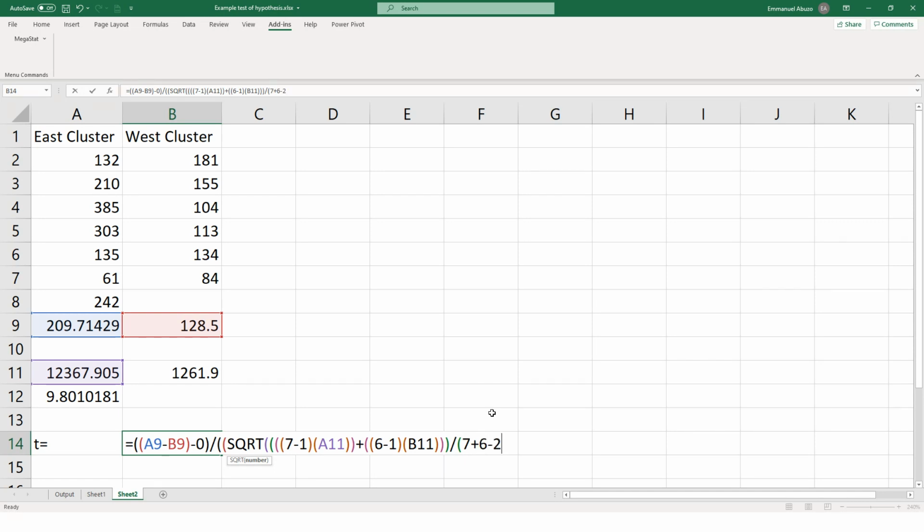Okay. Then again, this group, violet. It's already closed in here in the violet. Then multiplied by